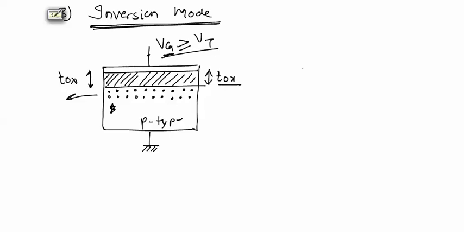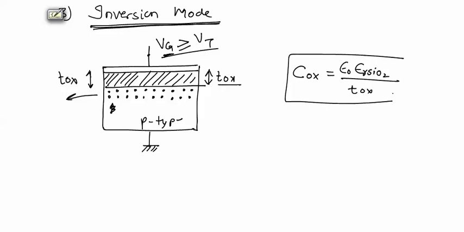So the capacitance will be equal to C oxide equal to epsilon naught into epsilon R of SiO2 divided by T oxide. So this will be the total capacitance of MOS capacitor in inversion mode. This is the inversion layer of electrons. If it is n-type substrate, then inversion layer will be due to holes. Now we will draw the capacitance for MOS